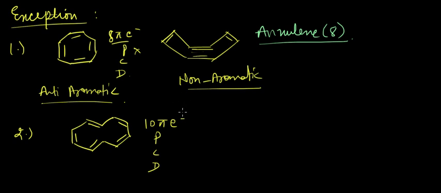I think I have drawn something wrong here. No, I think it's fine only. So it should be aromatic, but on the contrary, you can see that actually we have